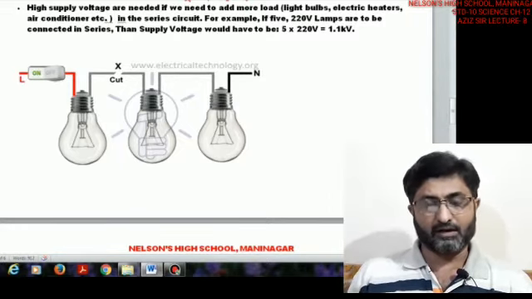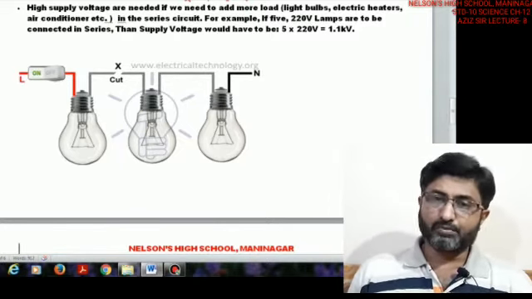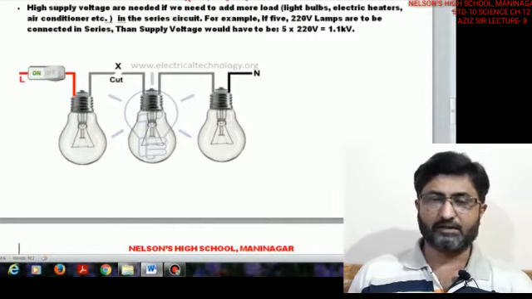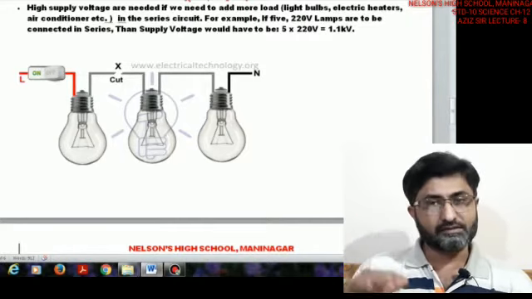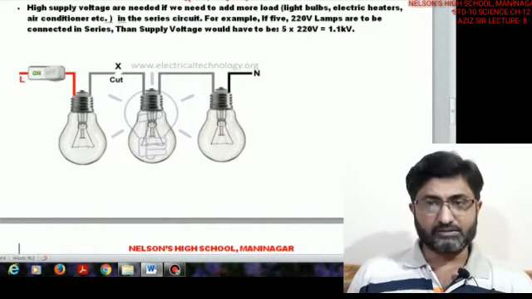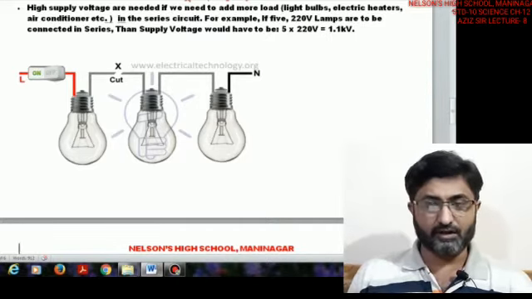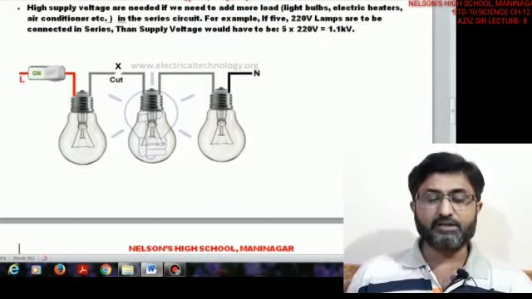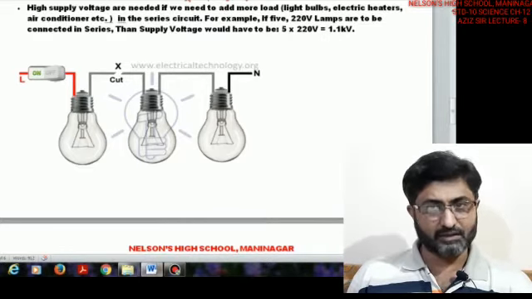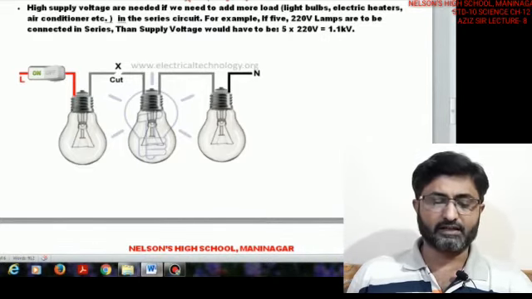So the parallel connection is a better option in comparison with the series connection, because the overall resistance also decreases compared to the series connection, and the voltage is not divided because it remains constant across all of them. So it is much better compared to series connection in the domestic circuit.